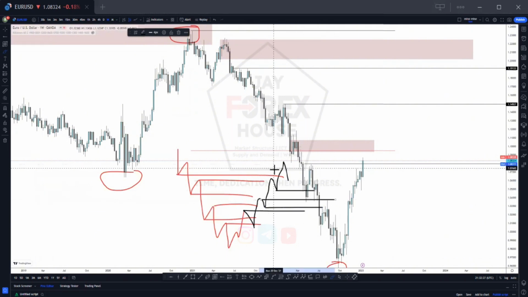So this is how structure works. When you see liquidity, which is this, it is inducing something over here. This was inducing this, and this was inducing this. Once there's a break of structure, price starts using the swing highs of the previous range as liquidity. You see that? Once we also have a break of structure from here, price will start using these guys